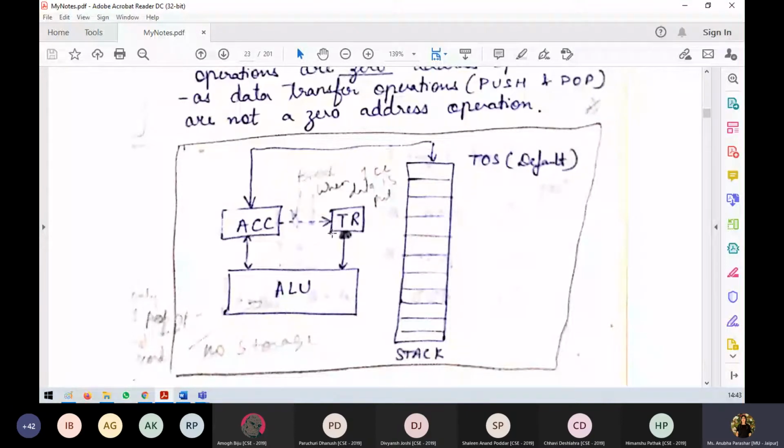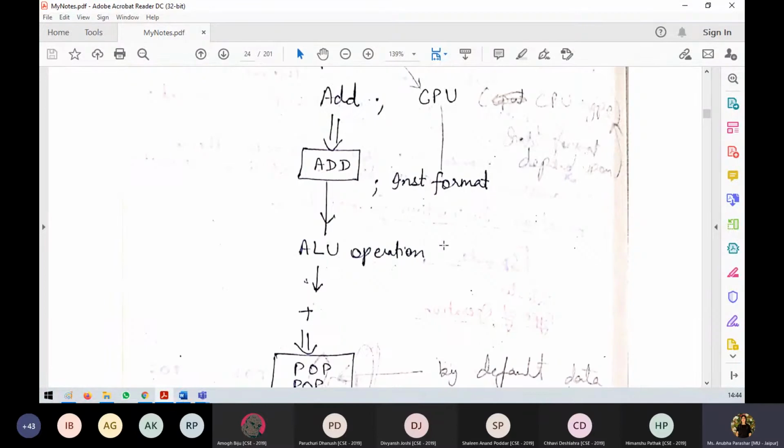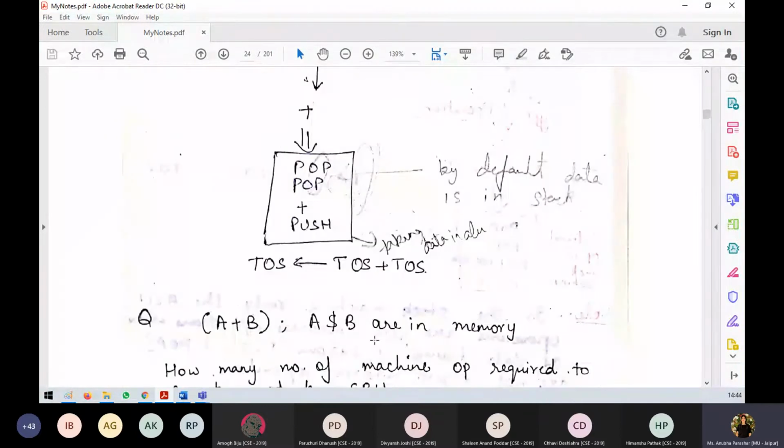Now you remember how the 8085 microprocessor looks. There are some registers. There is an accumulator. It is also a memory. By default, this memory is always set. These are temporary registers, and ALU is your arithmetic logic unit. This is the example that we have done, of what all operations it could take.